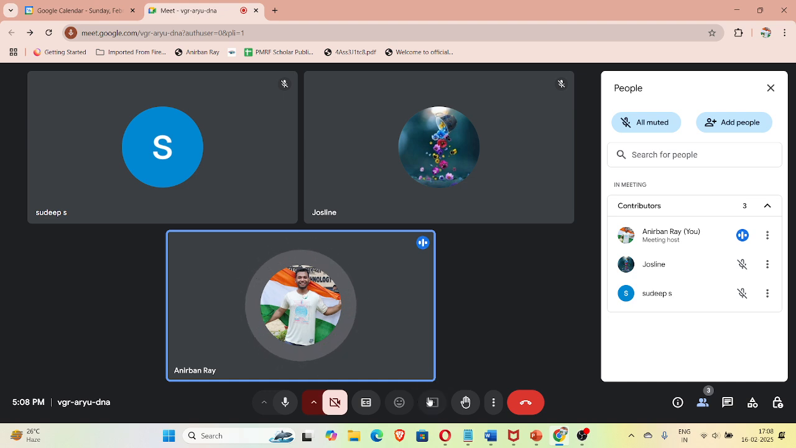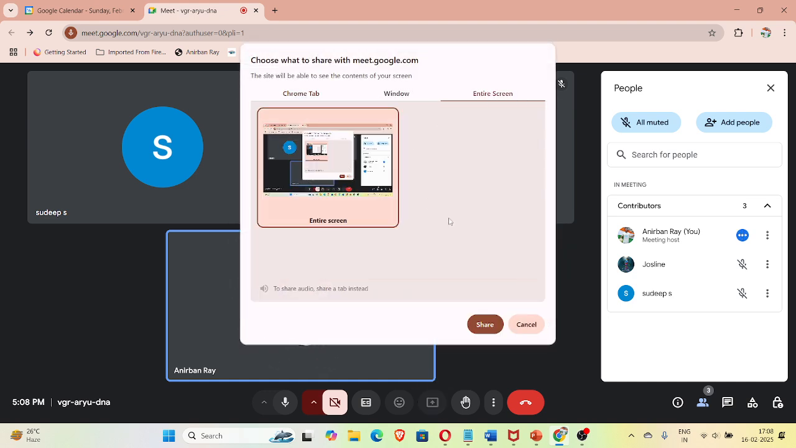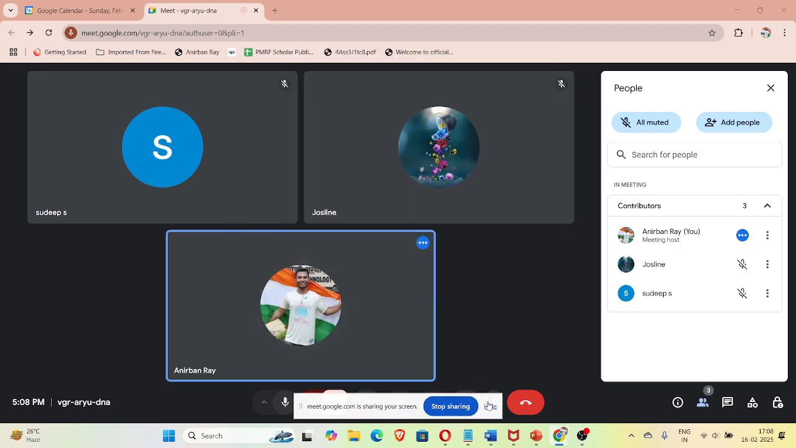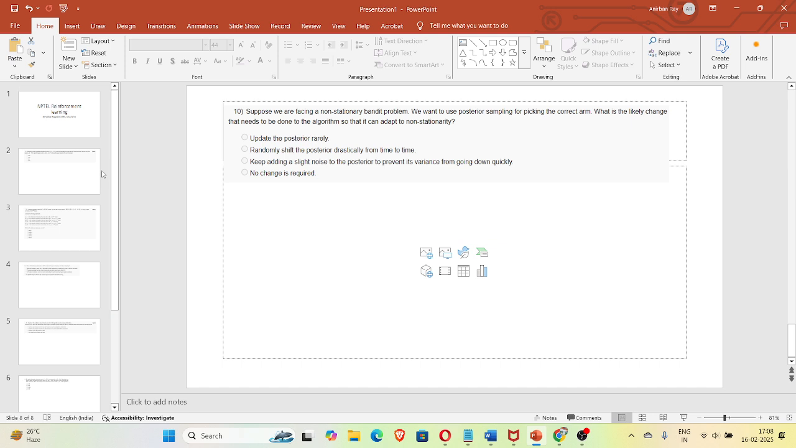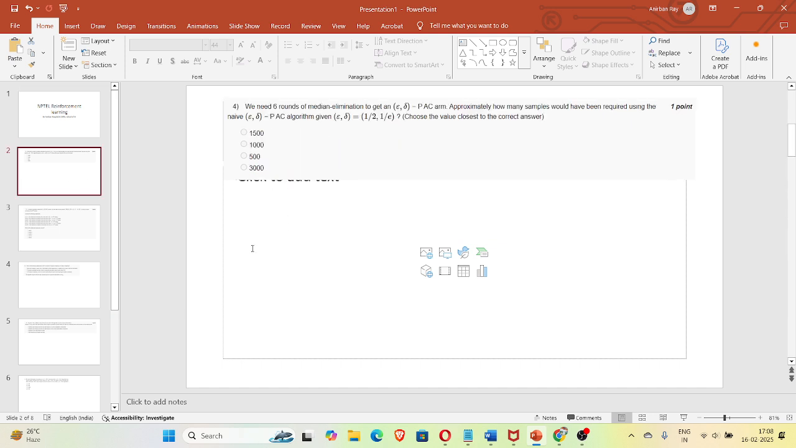Okay, so let's get started. So these are the problems that we're going to solve here. So first question is on PAC algorithms, the bandit algorithm, and using median elimination to get the PAC arm. Okay, so this is the question. So how many samples will be required using the